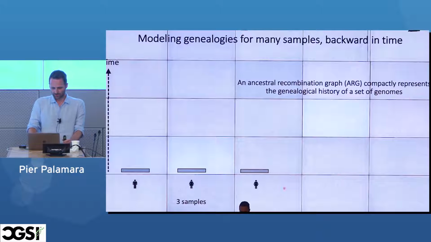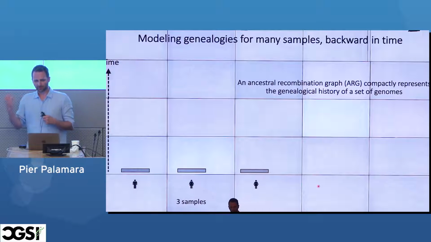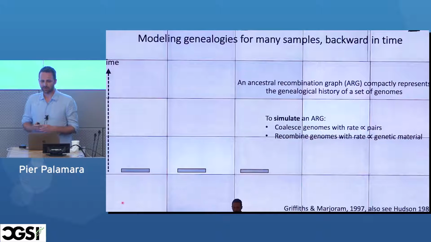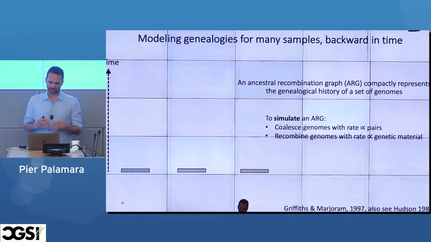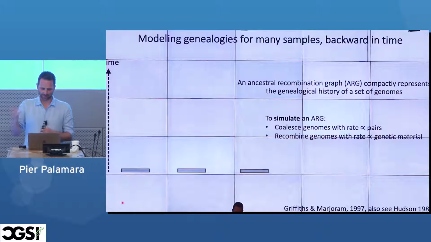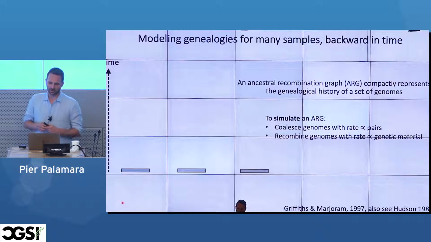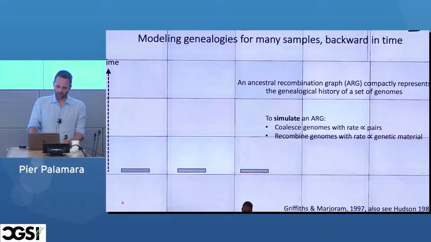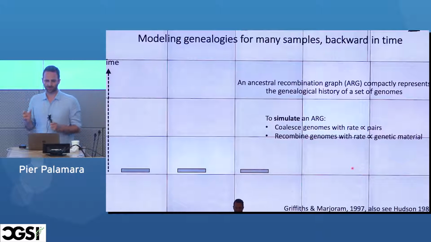All right, so this is a simulator that we're trying to write. We have 3 chromosomes. This could be my 2 maternal paternal chromosome and somebody else's chromosome 1. And so we have time on the y-axis here, and we do 2 things. To simulate a realistic graph in a population or in a sample of 3 individuals, we would either coalesce genomes. That means that we take 2 nodes that we're tracking and we merge them. And we do this with a rate that depends on the number of pairs of nodes that we're tracking.